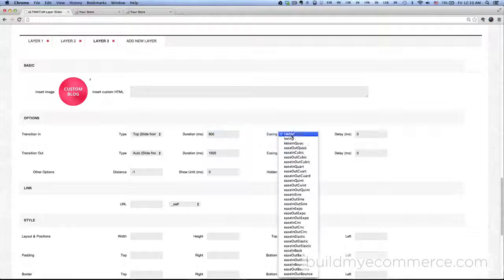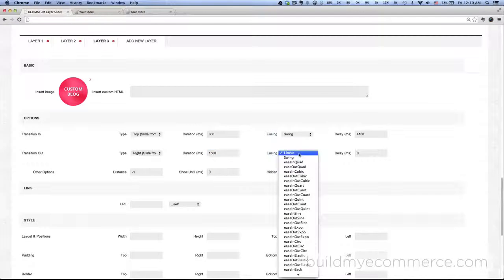Duration to 800, and then easing, we're going to change that to swing. Delay 4100, and then for the transition out, it's going to slide to the right, so click right, and then duration, leave it at 1500. Easing, let's change that to ease in quint, and then for the show until, let's change that to 1300,